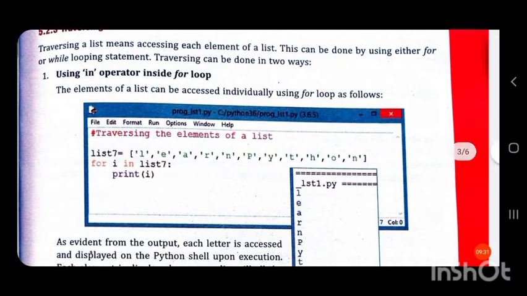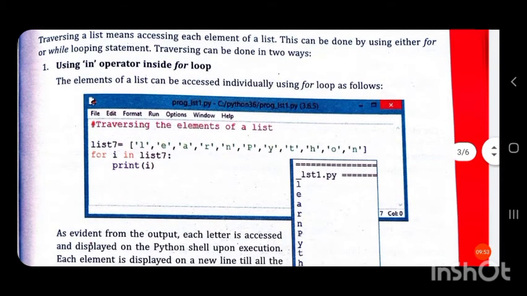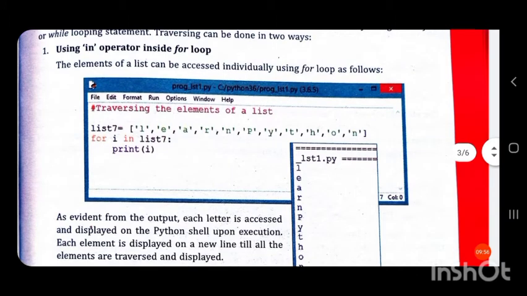So let us see how traversing is done. Using the in operator inside a for loop. We have studied a membership operator, in. That operator can be used inside the for loop to access each element in a list, or traverse a list.